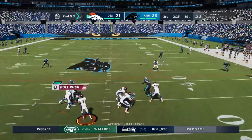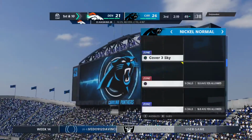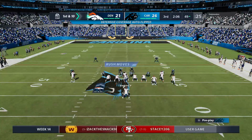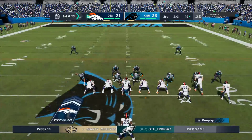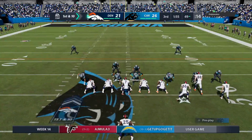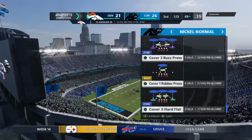Throwing again on 2nd down. Haskins. Open man is the tight end, Nick Boyle. And he'll be taken down, but not before he gets into enemy territory. 12 yards there and a 1st down. And the Broncos 1st down. On 1st and 10, it's Haskins. And the coverage terrific there as that's not...